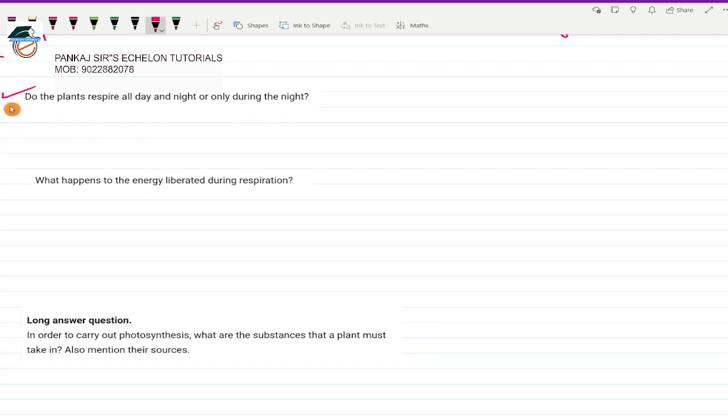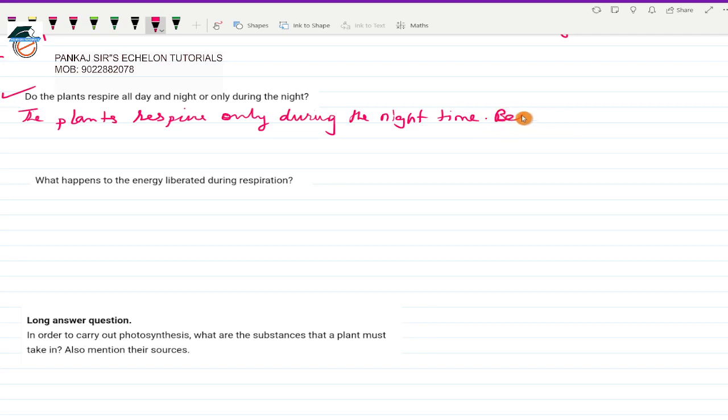And the answer says that the plants respire. So I'll write the answer: the plants respire only during the night time. Only during the night time. Because in the night only, in the night they can take in oxygen and release